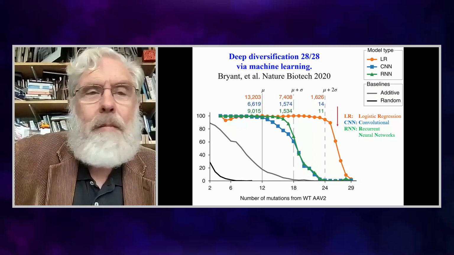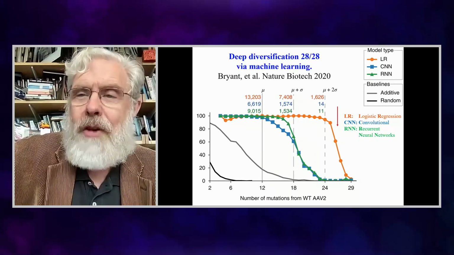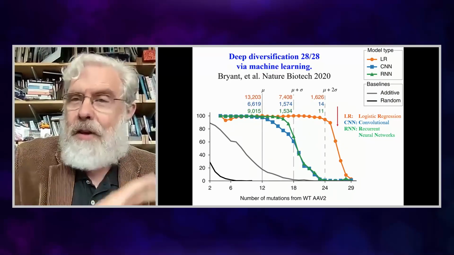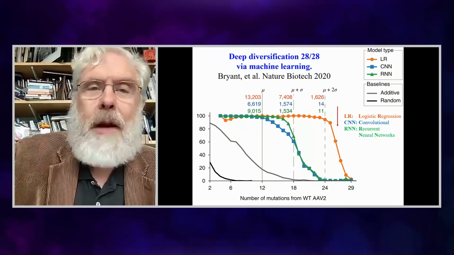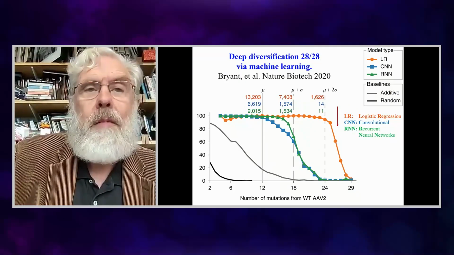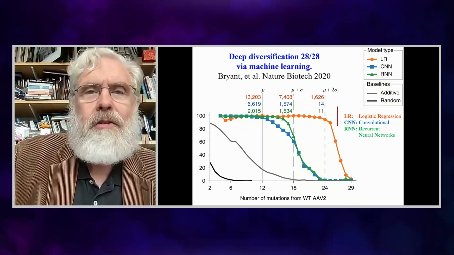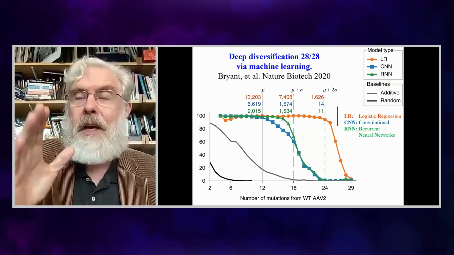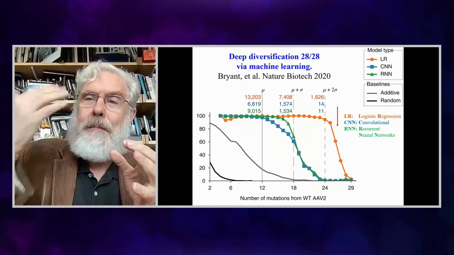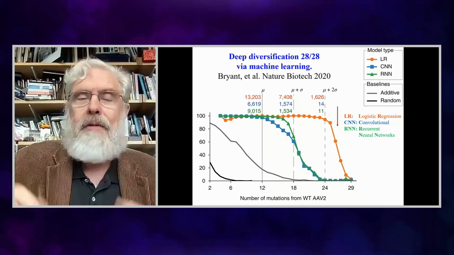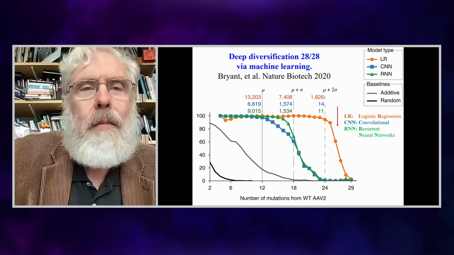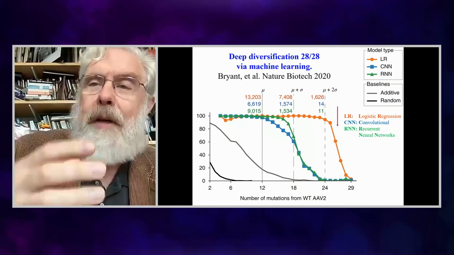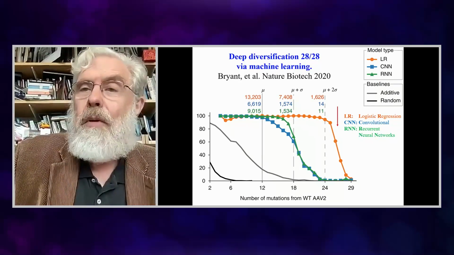And all of our previous work culminated in maybe getting 4 out of 28 changed, and it breaks. It's basically right on the edge of breaking at 4. You go up to 5 or 6, and it's dead. All of them are dead. There's no library formation for it. But using machine learning, in particular logistic regression, we can get 26, 27, and even 28 out of 28. We can completely change all amino acids and have multiple solutions, not just one solution, but a whole library of solutions, up to 80% libraries where the machine learning has predicted that 80% would be viable with new functions and so forth.